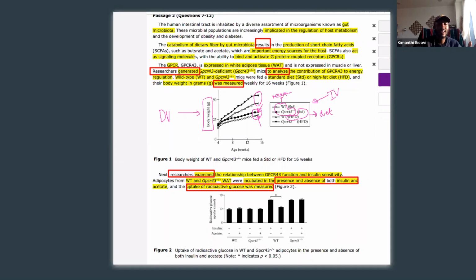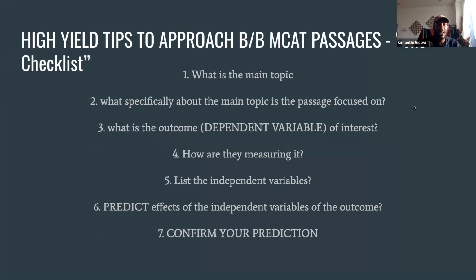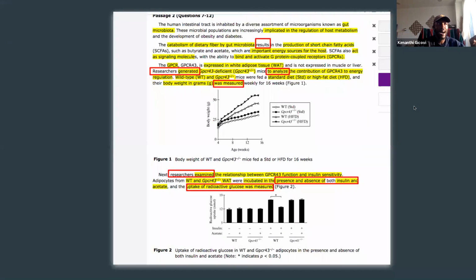And keep in mind, this isn't a technique that stands on its own. It stands because I know, right? When I read a passage, these are the 7 things I gotta get. I know it's a checklist. So I can start off by reading at the top, or I can come in and look at the figure and say, oh, I know what the outcome is. Let me go read the rest. Proving again, a checklist, not a sequence of events.